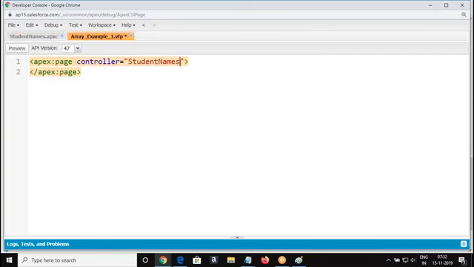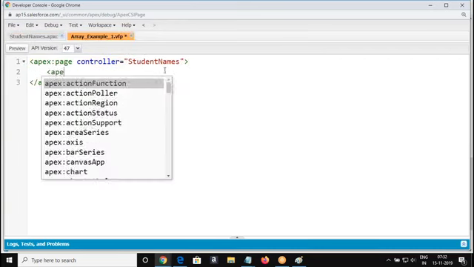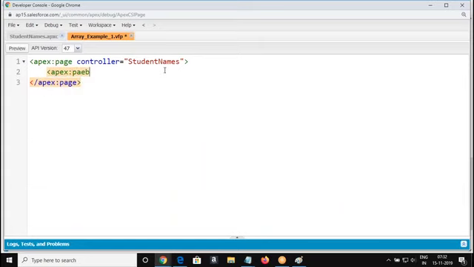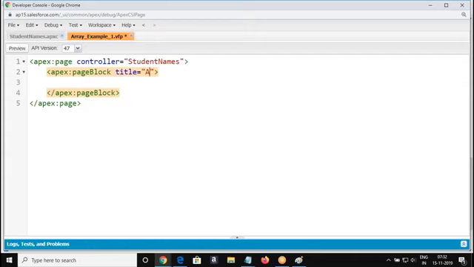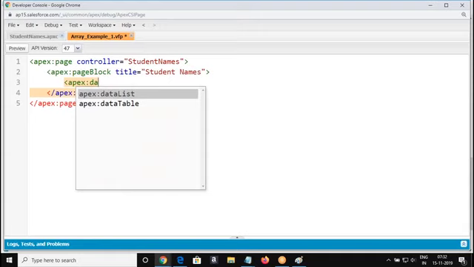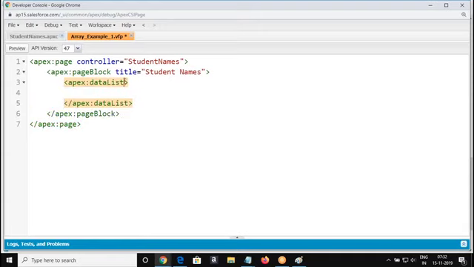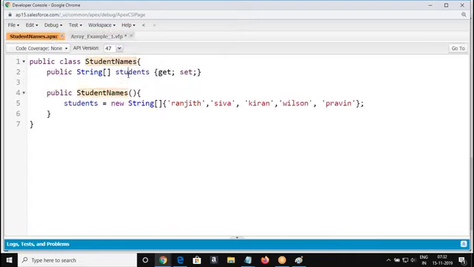So this is a controller. Just add some section and title. Then the table component, data list, value students. What is the variable name?